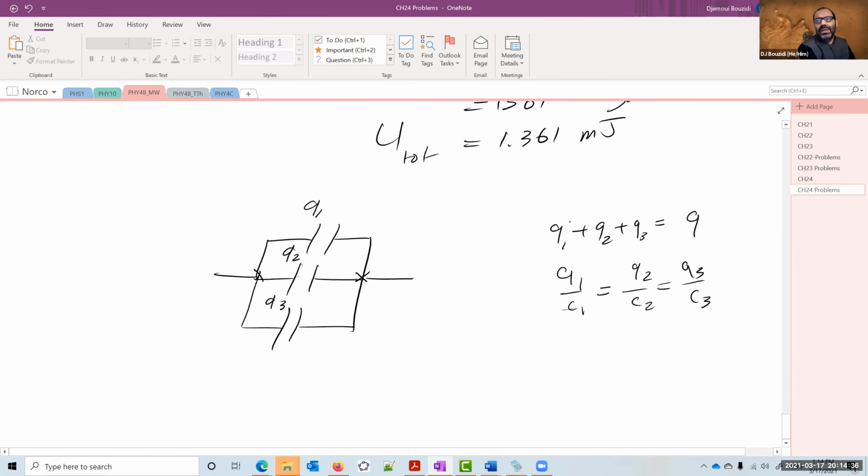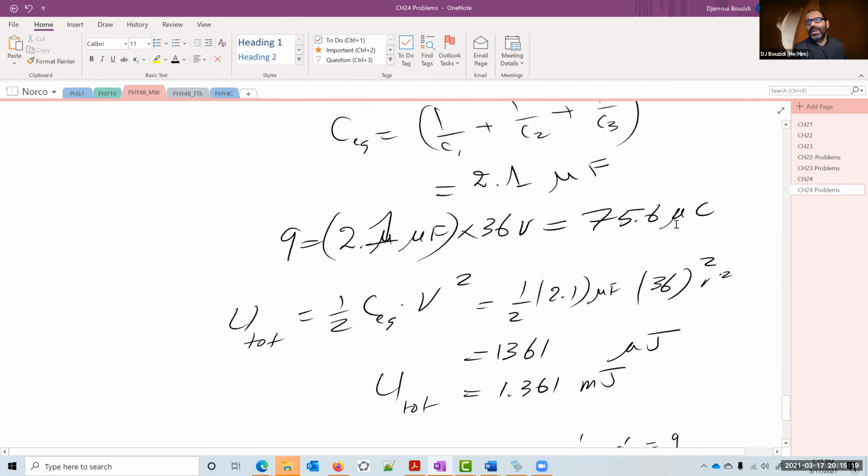So basically, if I do this algebra, there will be in here 2Q of any side, plus the charge is going to be 2Q prime on this one, which must all be equal to the other Q. So the charge distribution will rearrange itself in such a way that this is how much charge you're going to have at the end. It's going to be Q prime sitting on this one, Q prime sitting on this one, and this will end up with twice, 2Q prime, because it has half the capacitance. Solve this algebra. You have three equations, and the unknowns are Q1, Q2, and Q3, because you know Q.